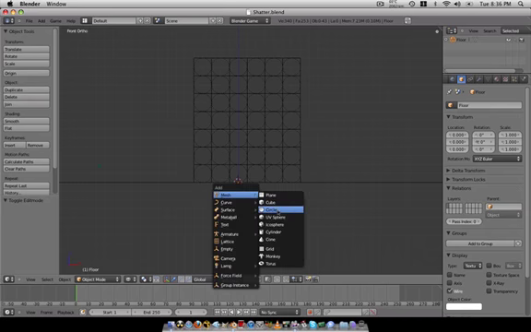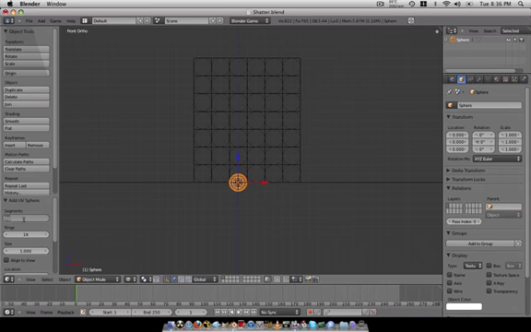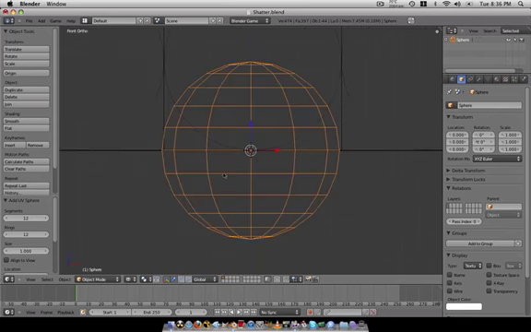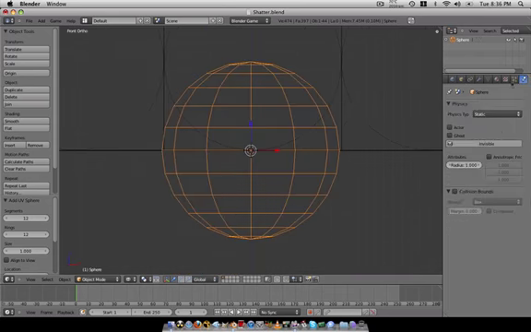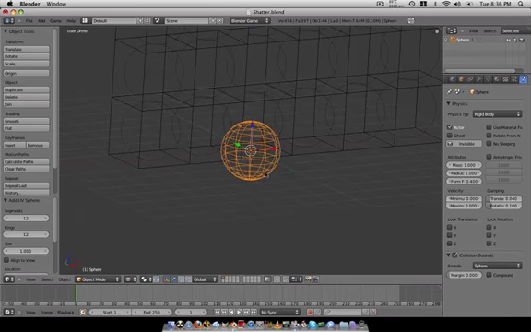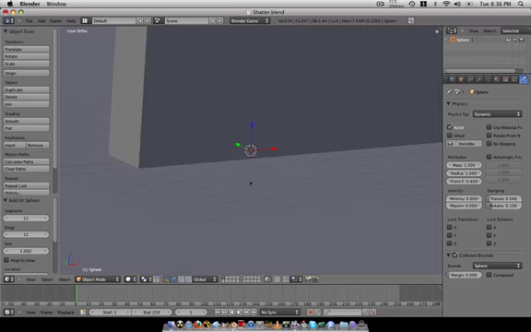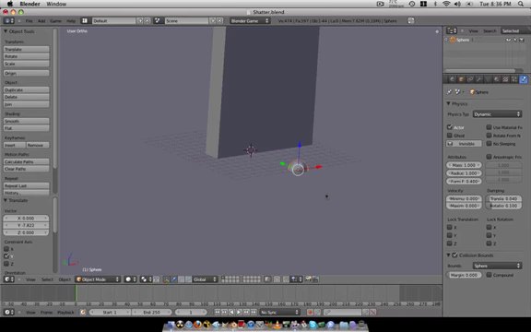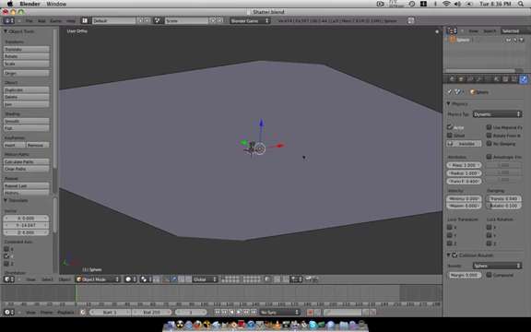Shift A, add a sphere. Lower this down to 12. This to 12 as well. Press the period on the numpad to go in close. Collision bounds, change this to a sphere. Let's change this to rigid body. Well, let's change it to dynamic. We'll move it around. Alright, we'll move this back to